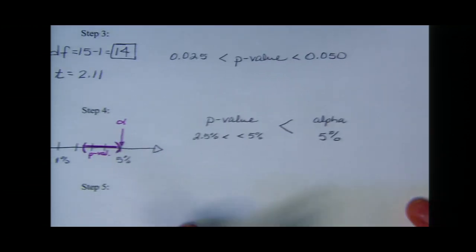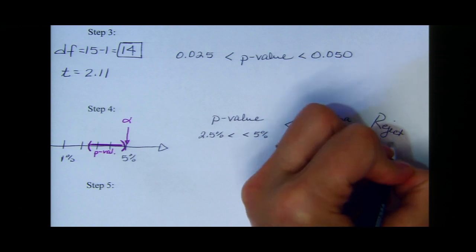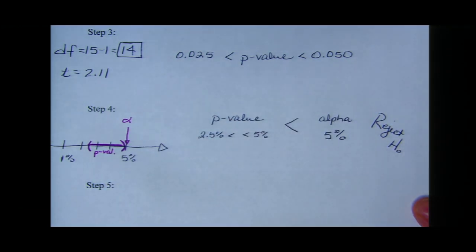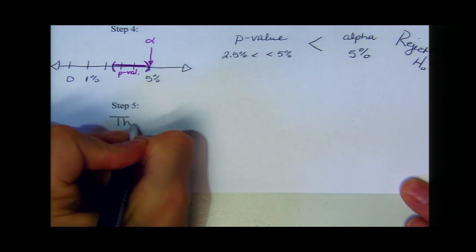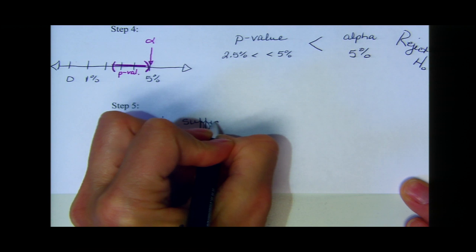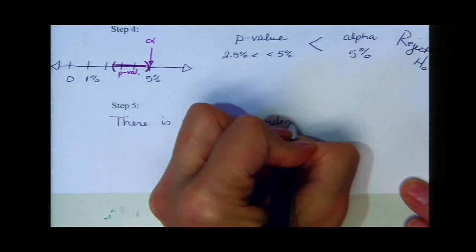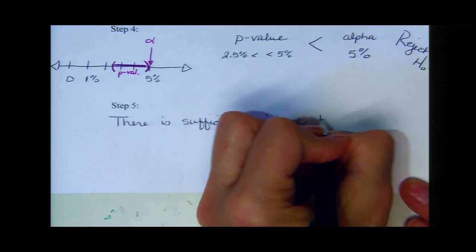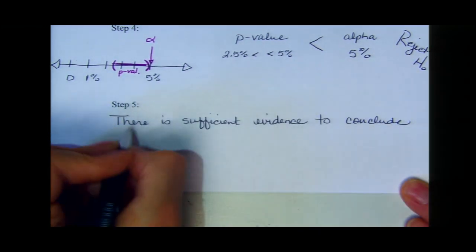So when it's less than, we reject the null. And when we reject, that means we have sufficient evidence. So there is sufficient evidence to conclude